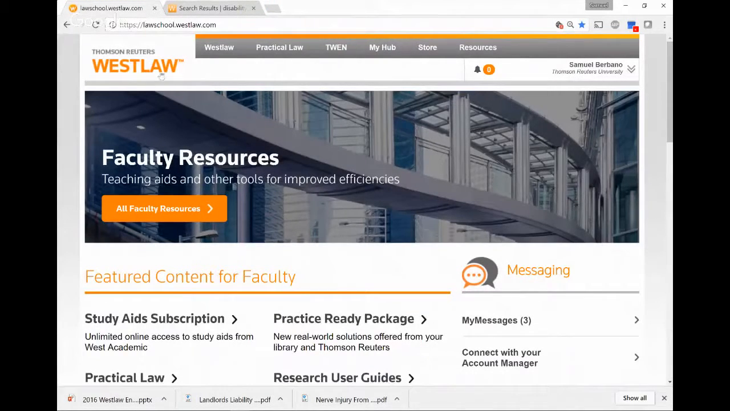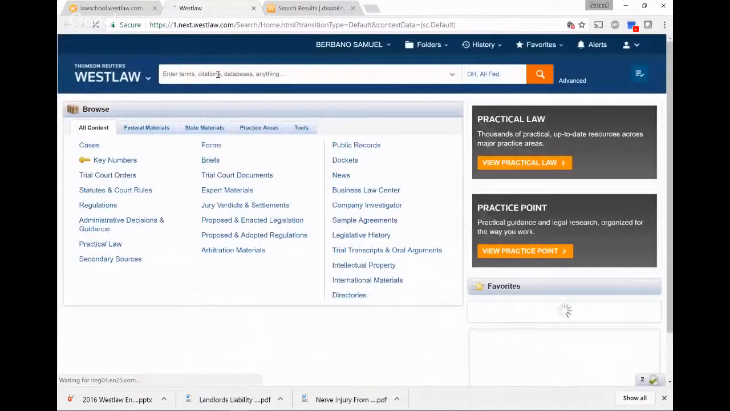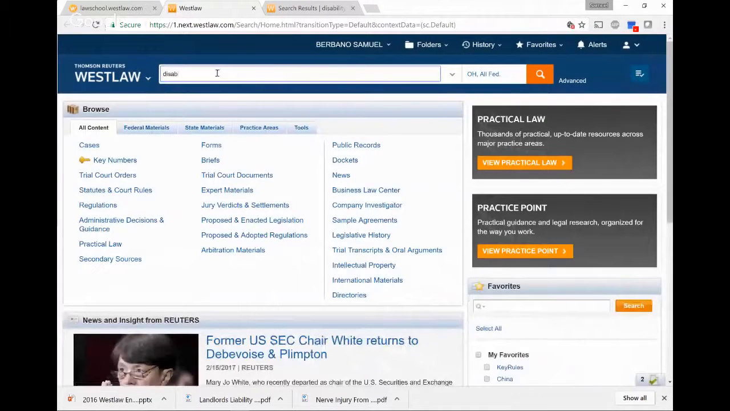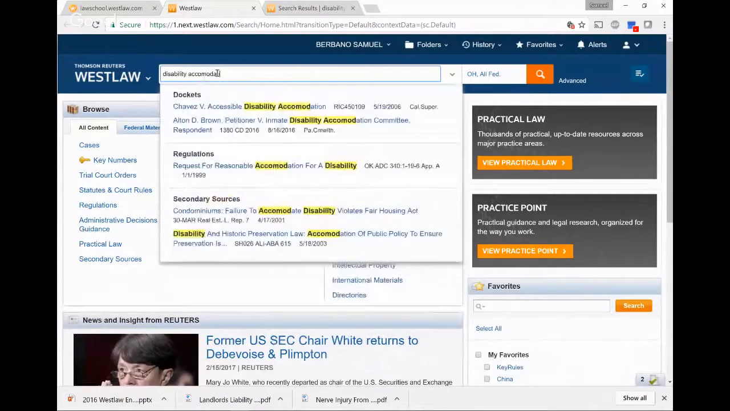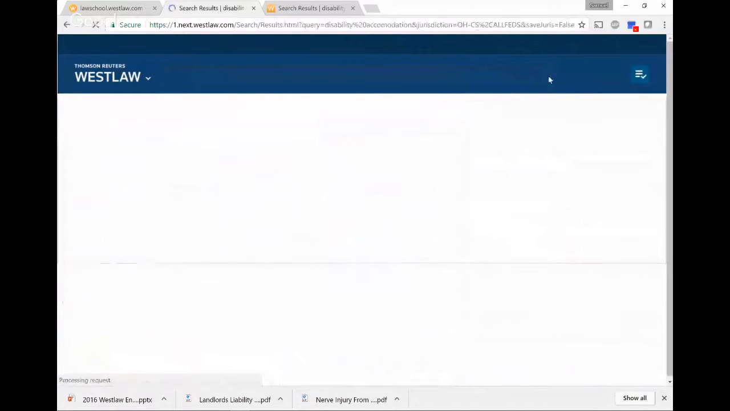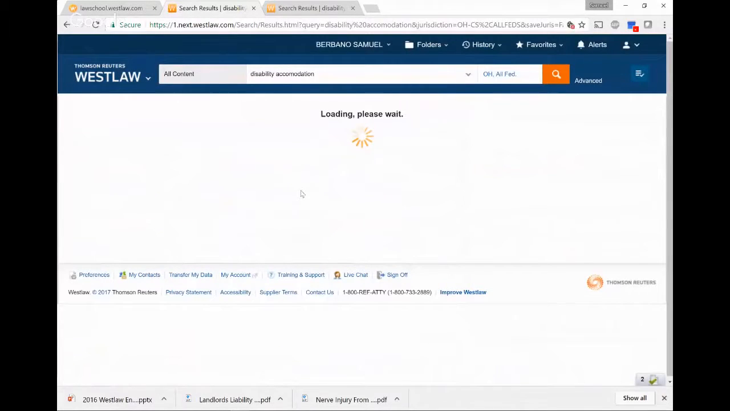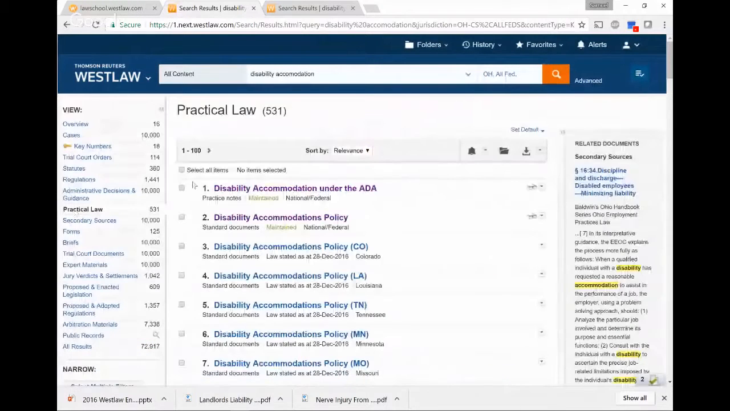Today, we looked at service animals and disability accommodation, starting with Westlaw and moving over into Practical Law. You'll notice that just running a search for disability accommodation and then searching in Ohio and all fed is a pretty decent place to start. You're going to see a list of statutes, cases, and things like that. But today we focused on Practical Law halfway down the page here, because Practical Law has a couple things that